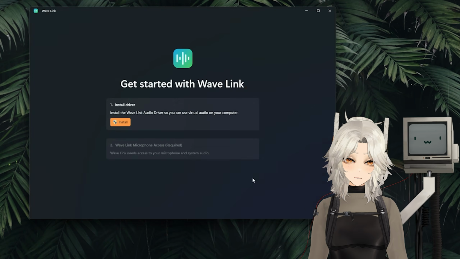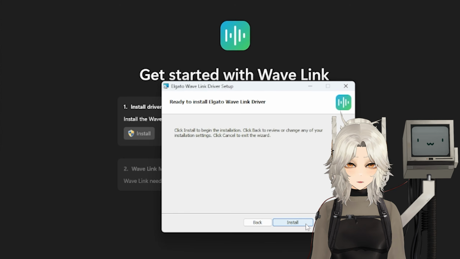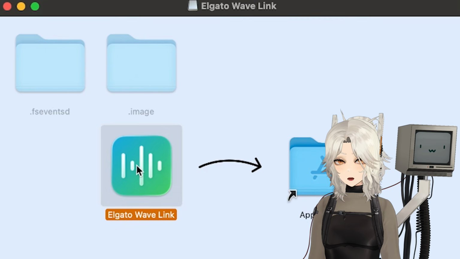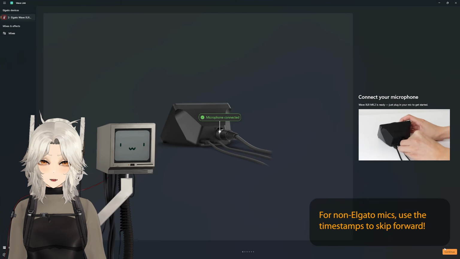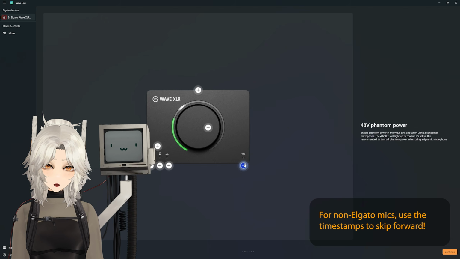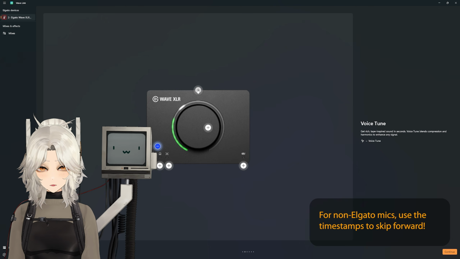After downloading, you'll just follow the regular installation process by running the exe file for the installer on Windows, or if you're on Mac, you can drag and drop it into your applications folder. Once installed, go ahead and open it up. And if you have an Elgato device plugged in, you will be prompted to get the device set up. If you don't, of course, you can skip ahead, unless you're just curious about the new Mark II product setup